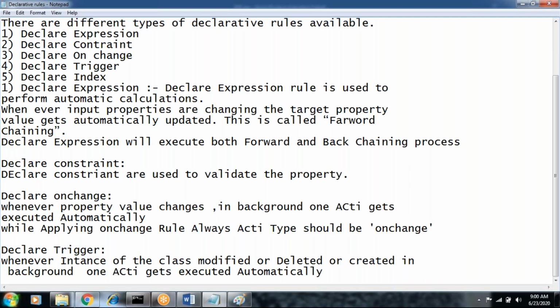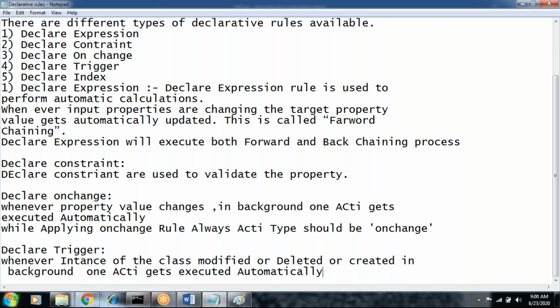Declare trigger we can create on either a work class or a data class. Suppose we apply it on the work class: whenever work-related instances are deleted or saved or removed, the declare activity automatically gets executed in the backend. Take the data class: suppose there are employee details like employee first name, last name, employee code, address or pin code.